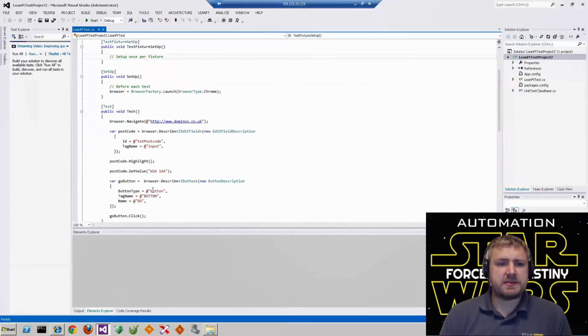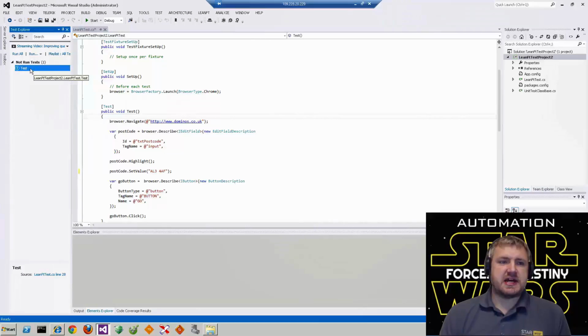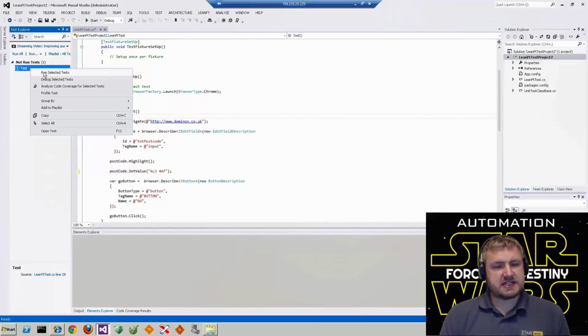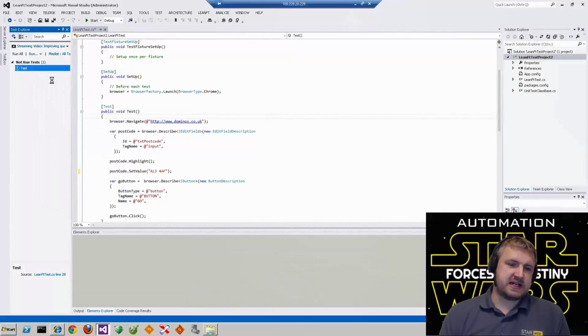So I've opened one up, and as you can see now, I'm using the ID tags instead of using a repository basis. So this just takes that dependency out. This is just a simple test to show how we can run this now in the Test Explorer, which would run exactly the same in NUnit.